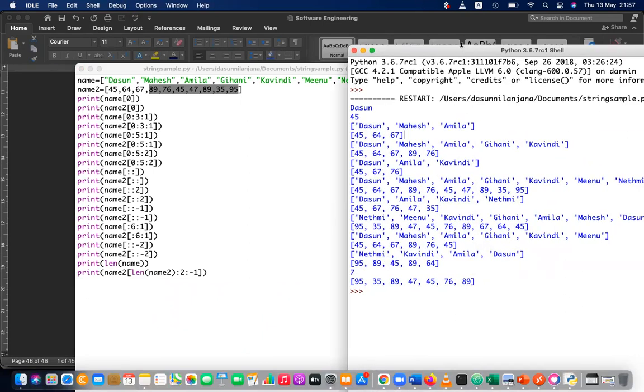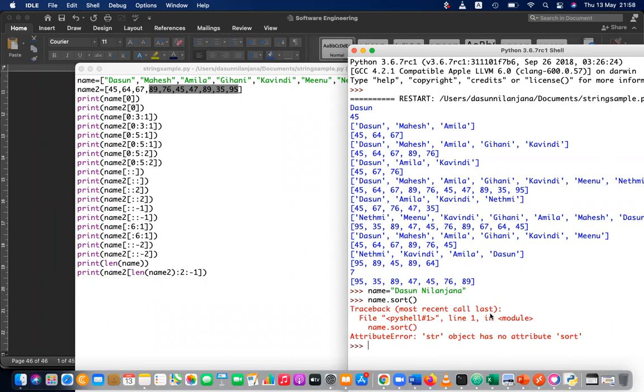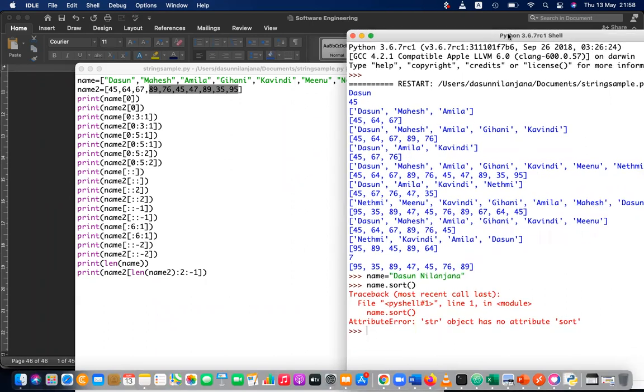Sorry, what you can do in lists but what you cannot do in strings. For example, if you have a string like this, a name, and I'm asking to sort the name, it says no, we can't.